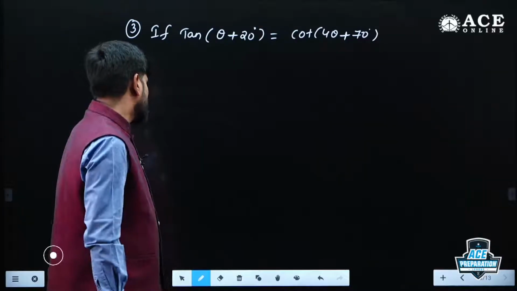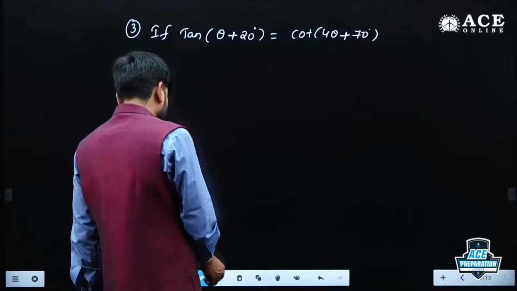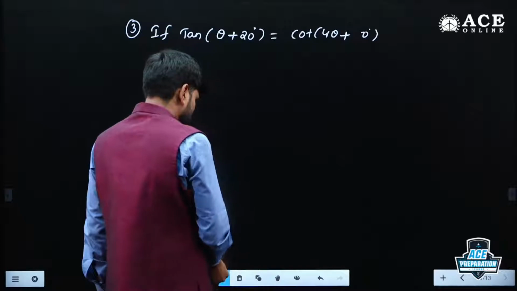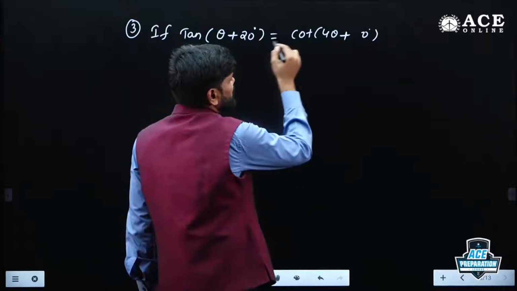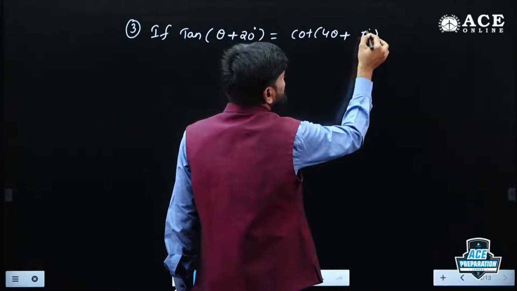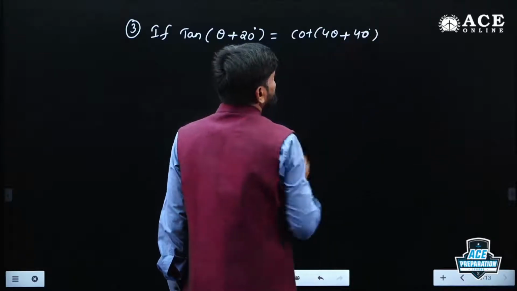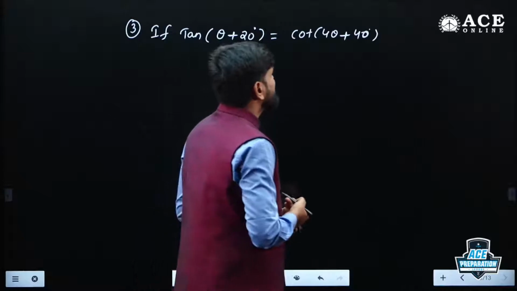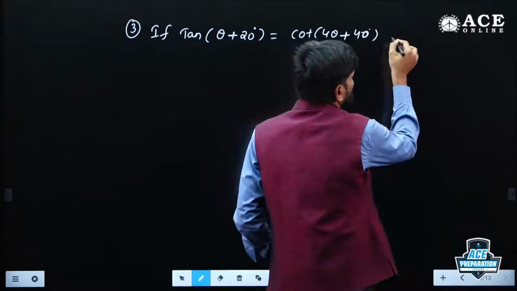Then what will be the value of the angle theta, they may ask. Else let me change it over here, this is 20, this I will take as 40. So, if tan of theta plus 20 equals cot of 4 theta plus 40, then